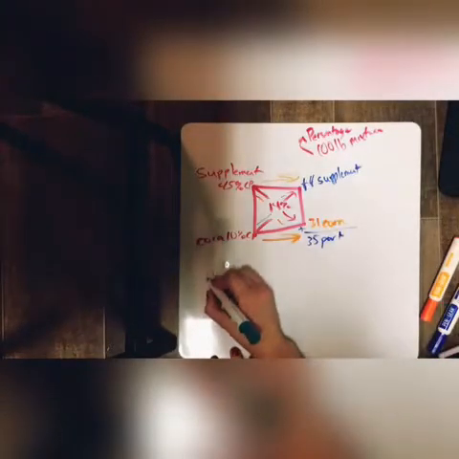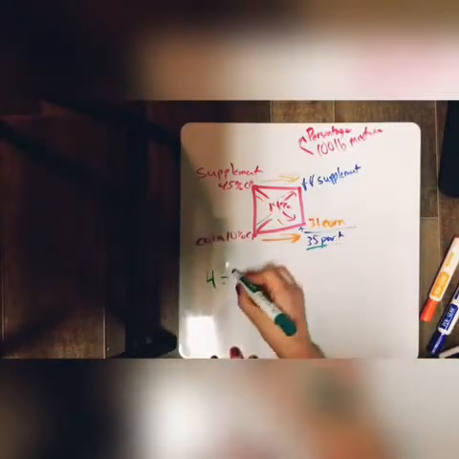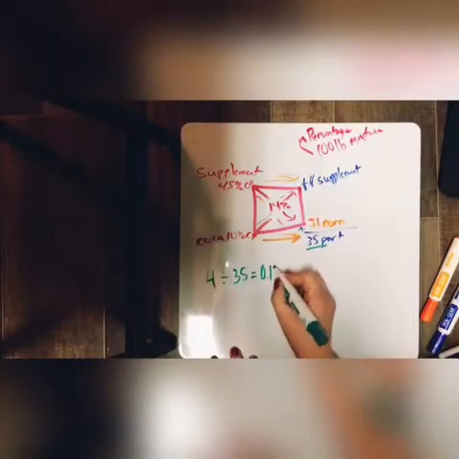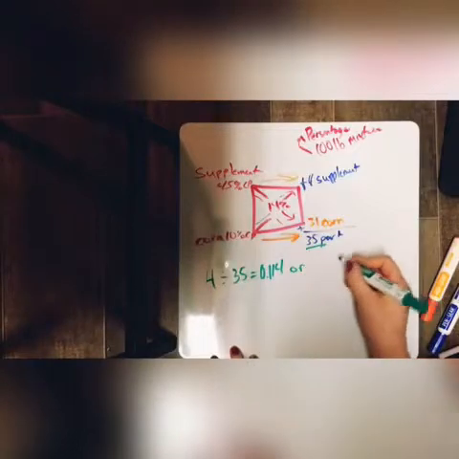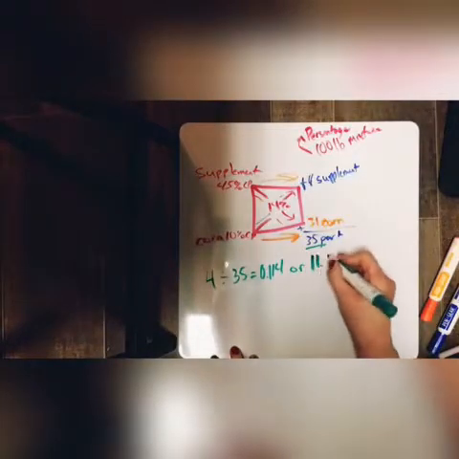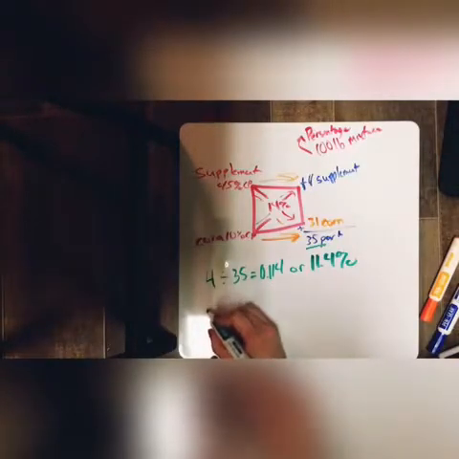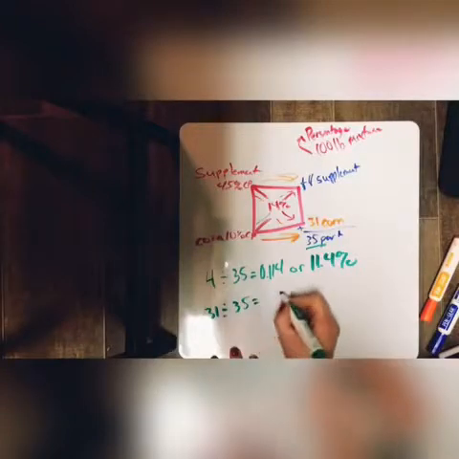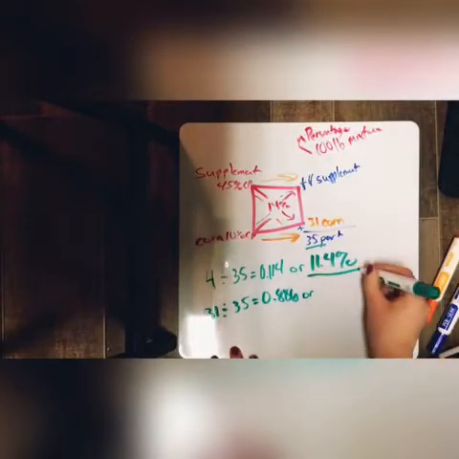So for our supplement mixture, we're going to take 4, we'll divide it by our total parts, 35, and we get 0.114, or the percentage that I asked for was 11.4%. Next, we're going to take our corn, which is 31, divided by 35 equals 0.886, or our percentage of